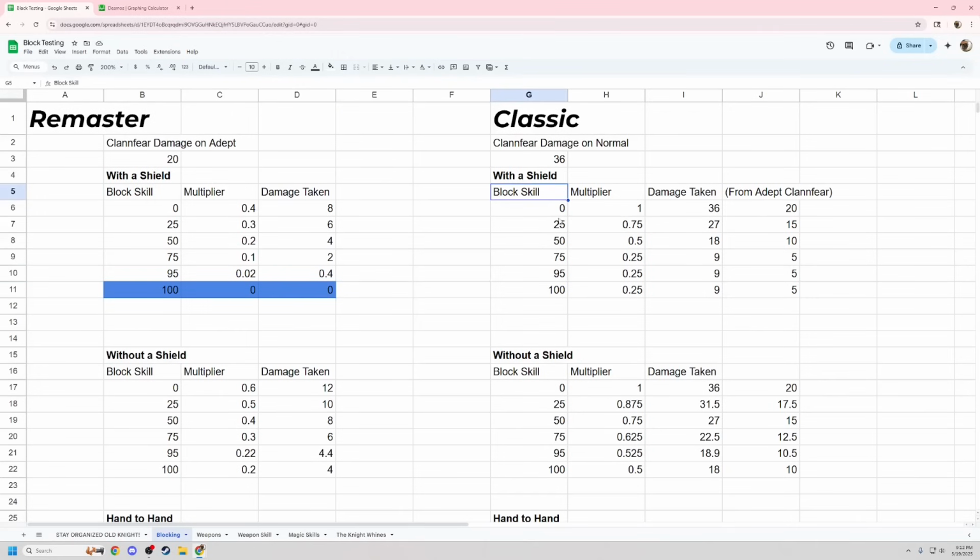Back in classic Oblivion, the way block worked is, at no block skill, it actually didn't do anything, and it just reduced damage taken by 1% of your block skill. So if I have 25 block skill, I stop 25% damage. In both versions of the game, this is multiplied by your armor. So if you have 50% armor, this damage would just become 10, and so all of the damage will be cut in half, obviously. The damage taken in Classic, however, as you can see, is much higher than it is in the remaster. In fact,